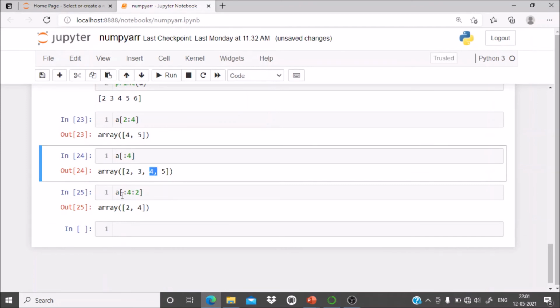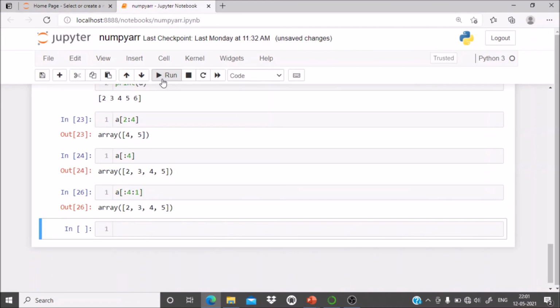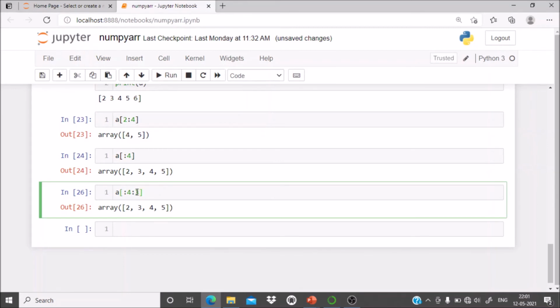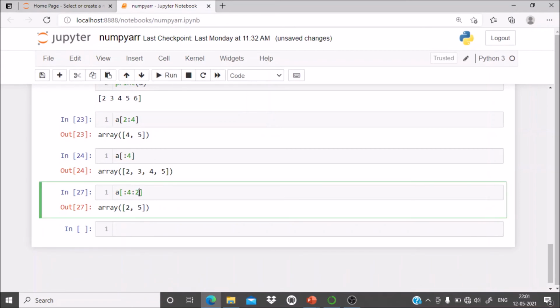So there is the start, the end, and the step. By default it is 1, so no need to specify. If you keep 1, it will display 2, 3, 4, 5. And if you have step 3, it will display values accordingly. So this is how you can use steps.